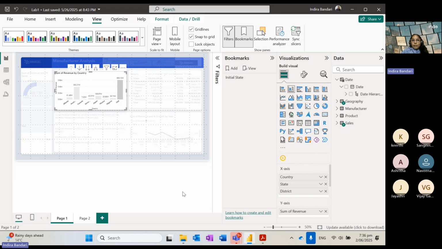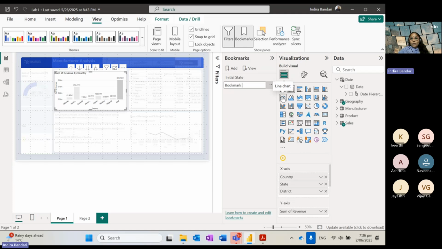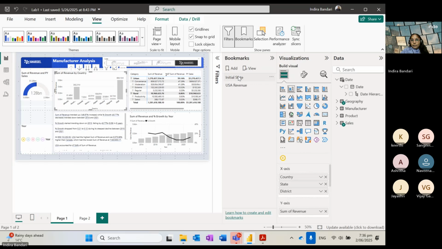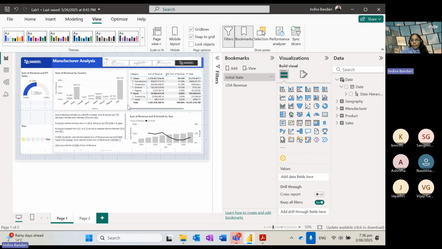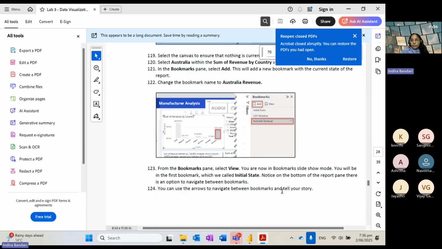So what is happening here? It's just spotlighting the sum of revenue for USA. Okay. So now I'm going to add that and then call it USA revenue. Now click on the initial state so that you go to everything. And so we have USA revenue. Similarly, we'll do the Australia revenue. So click on Australia